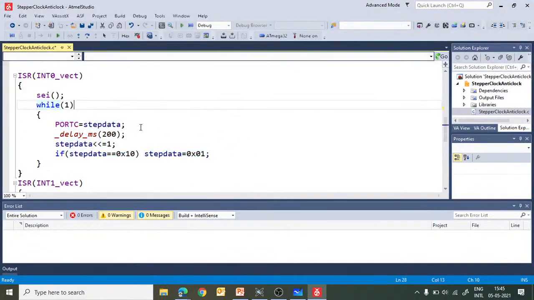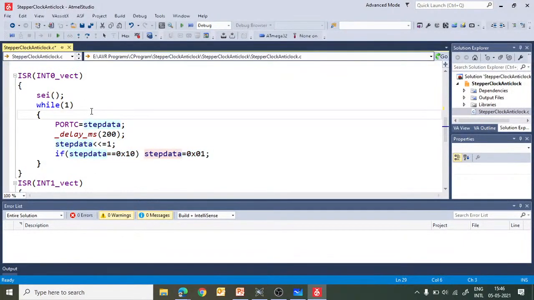PORTC equals step data, delay of 200 milliseconds, then we just shift left the sequence and send it back to port C. If the sequence is 0x10, then again we will reinitialize it to 0x01. So whenever interrupt 0 is generated, this program will execute, right?